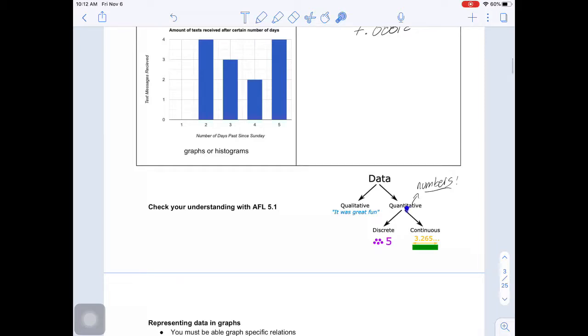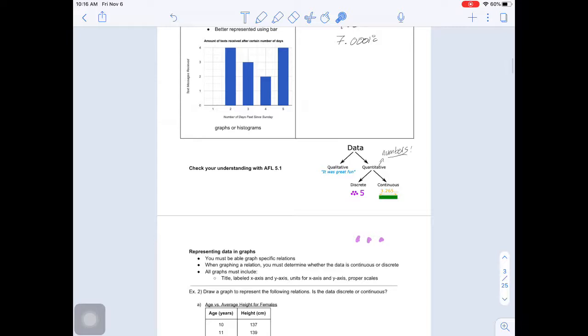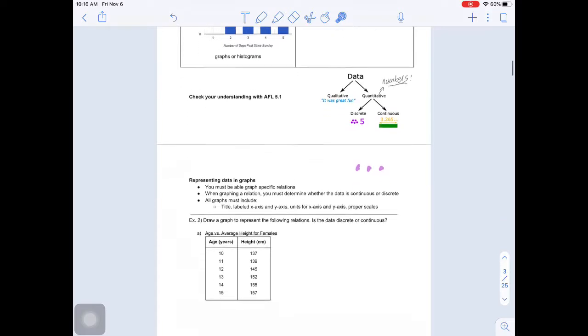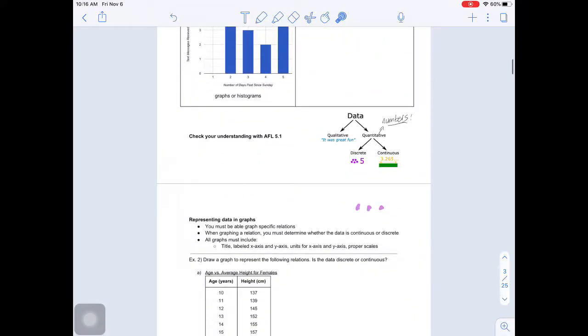And with numbers, we can either be discrete, so just individual things that don't really connect to each other, or you can have continuous, so something where you have things that can connect. Now that we've learned what discrete and continuous mean, we need to know how to represent